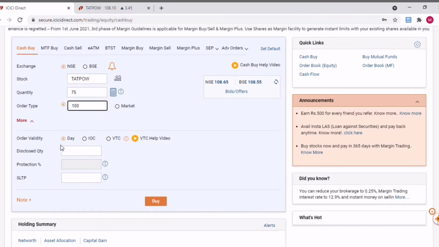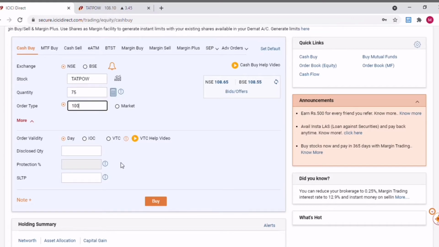Suppose you select the day option here and click on buy. What happens is this particular order which you have submitted will be active in the system for only one day.